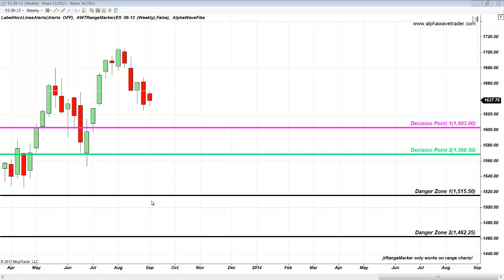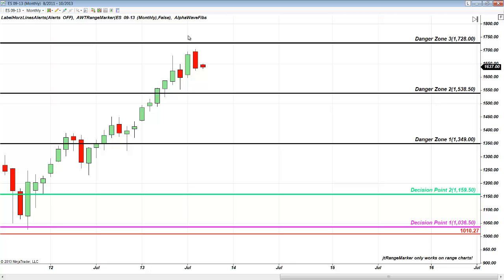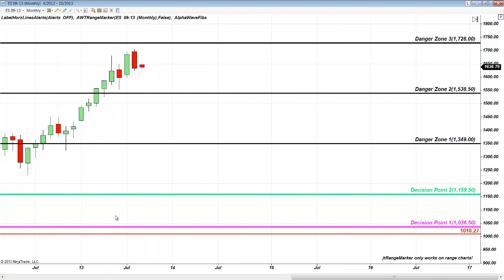Potentially the most powerful bearish rally we had seen in 2 years is setting up, and the dance at these levels is what will tell us if that bearish rally will continue or it was only bearish correction. Very critical formations, 1603, 1568.50. If the support will not be found at these levels, the collapse will continue, as clearly reminding us, know where danger zone levels are. So we are seeing bearish correction in play,